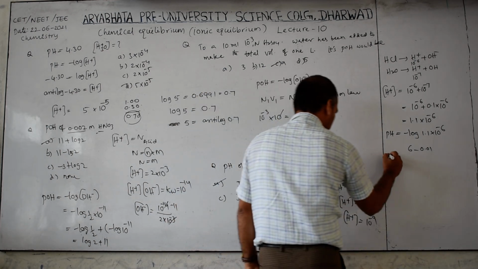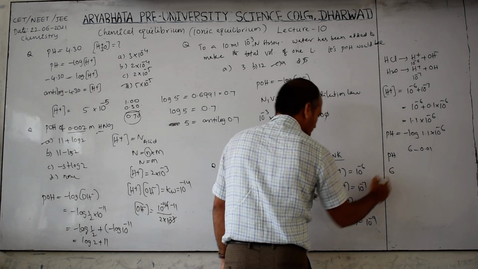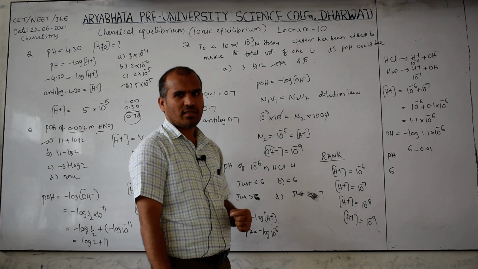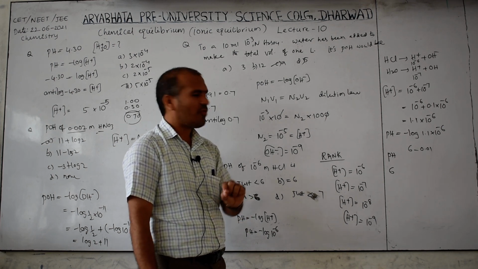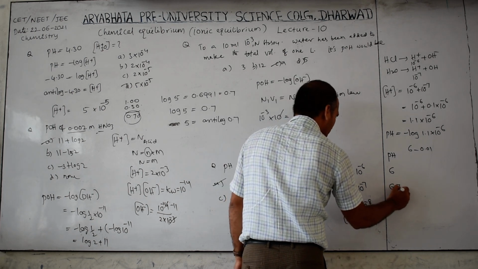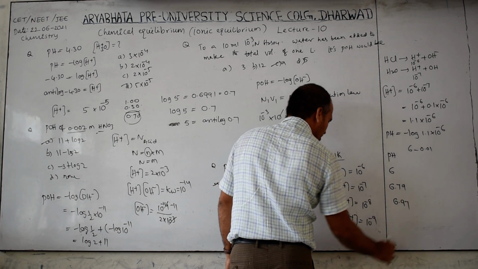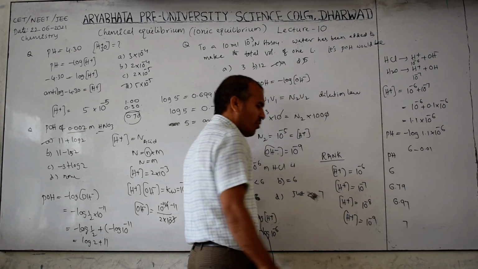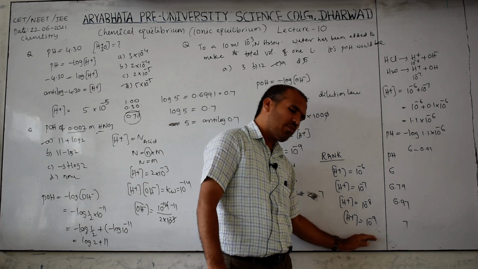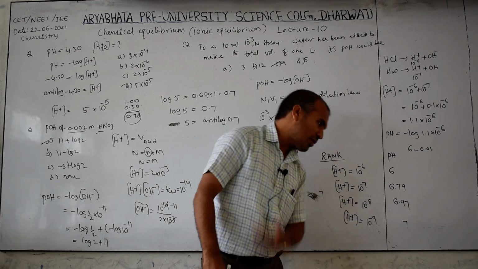Otherwise I will write here. Then pH is equal to 6 here, because we just saw that it is less than 6. Therefore, that rounded value you can take as 6 only, but here 6.79, here 6.97, here 7. If you remember, whatever values are above, 10 power minus 10 also 7, 10 power minus 11 also 7, 10 power minus 12, whatever values are there, they all have 7 only as the answer.